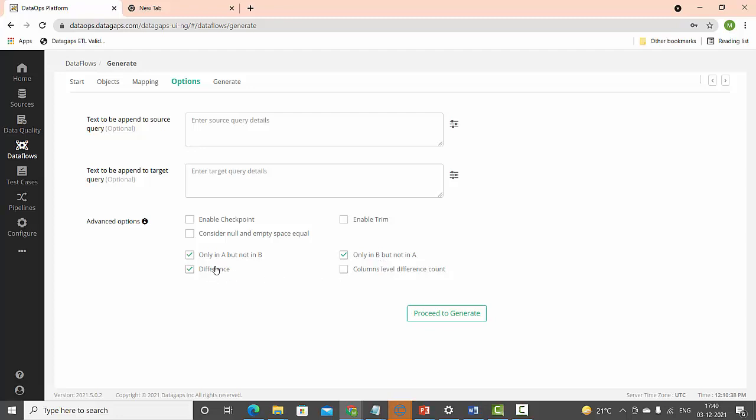You want to know these differences as well as part of the data reconciliation. So I'm selecting these, and then enable checkpoint is the one which, if you want to persist this data to retrieve it very easily going forward, you can enable. At this time I won't be checking this one. Okay, these are the different options you can select.